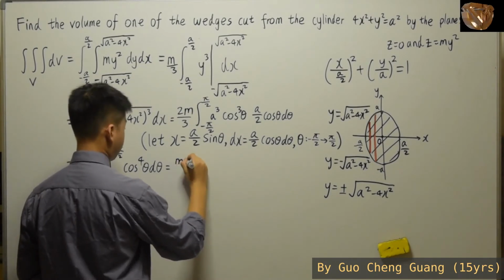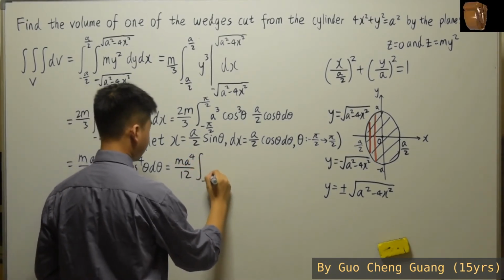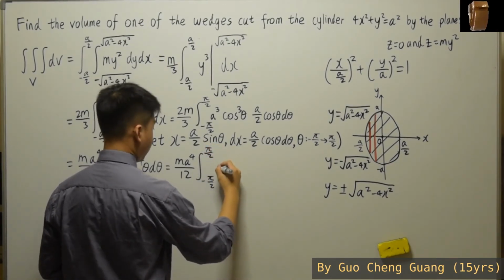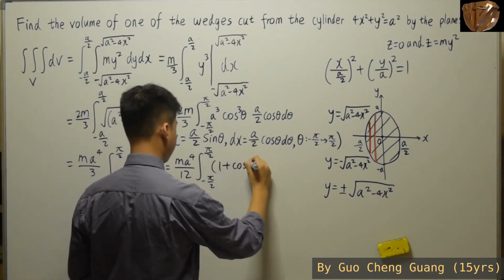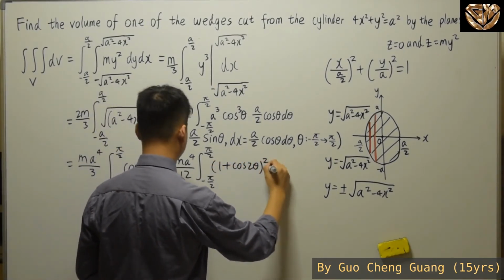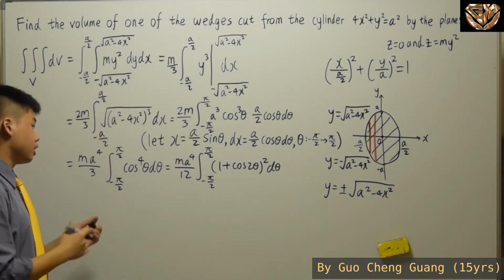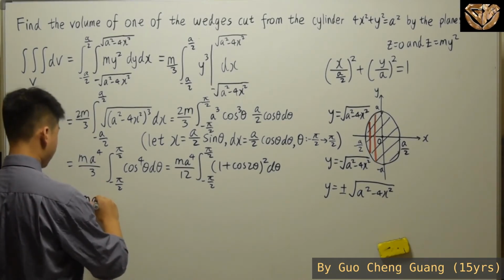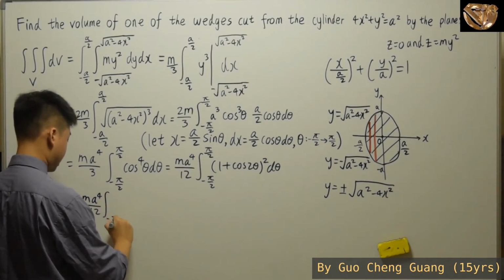So you'll need ma to the power of 4 over 12, then integrate from negative half pi to half pi, where you are going to see (1 plus cosine 2 theta) squared. Then here you have d theta. So you can expand that to see ma to the power of 4 over 12, integrate from negative half pi